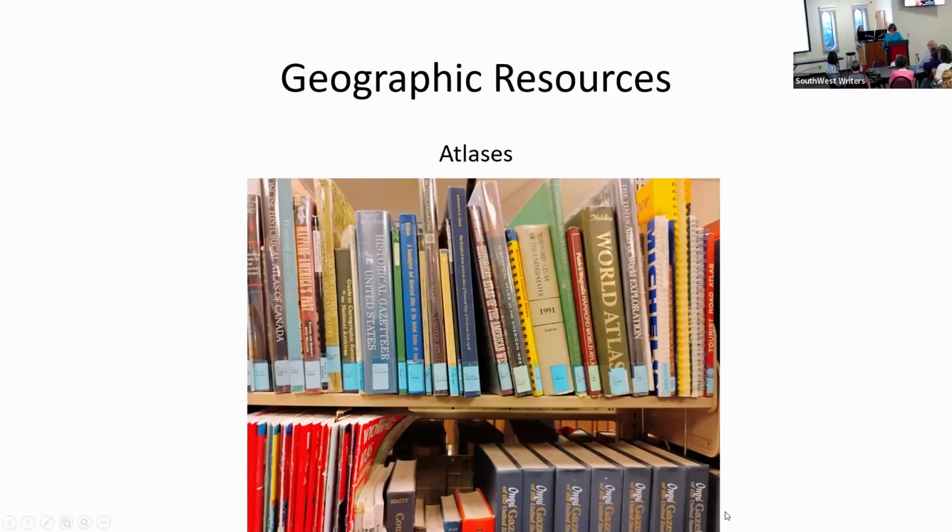Some of them include indexes by name to places. You can also find navigation maps. So if you're writing about the sea, you can find maps that will help you to give the authentic, correct directions. There are also thematic atlases, which give you such themes as agriculture, geology, climate, history, industry, languages, population, religions, resources. We could go on and on. Other characteristics of a geographic area.